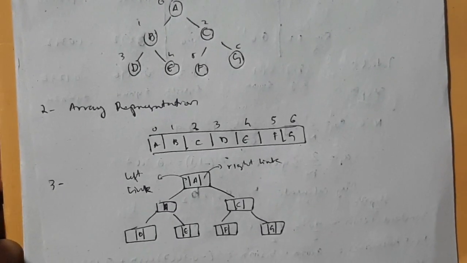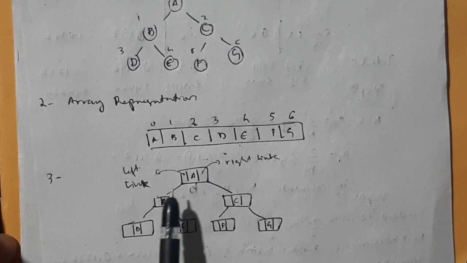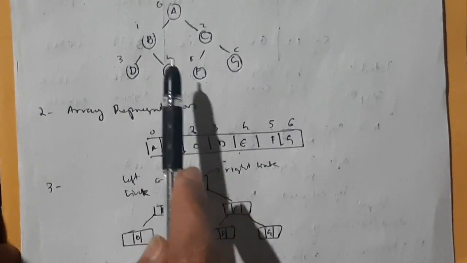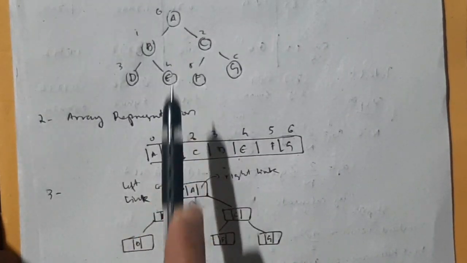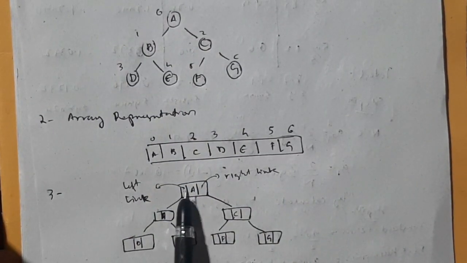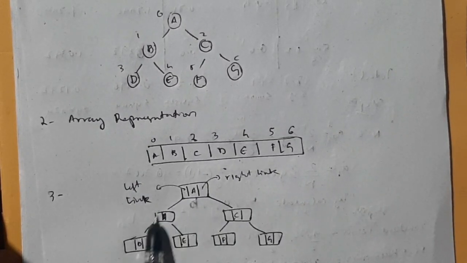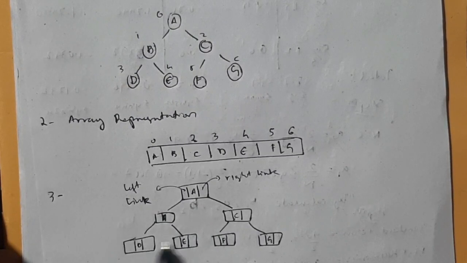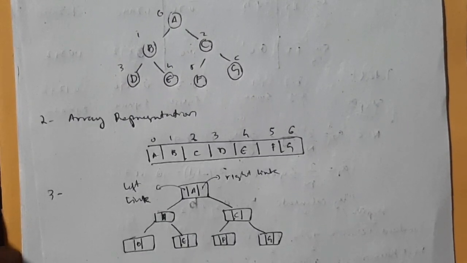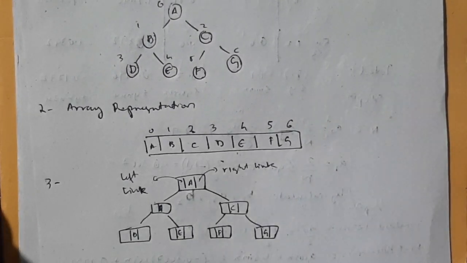The third one is this linked list representation. How will you do it? Same as this tree. A, it has B here, C here, right? Just make this circle as a box here and make 2 more boxes. This will point to this box, this will point to this box. This is B, this is C. B has 2 more children, so it will be made in the same fashion. Okay, this is the representation of trees.